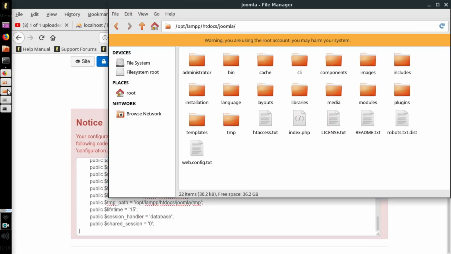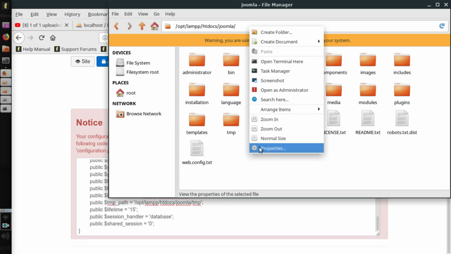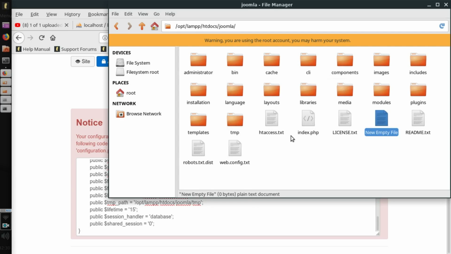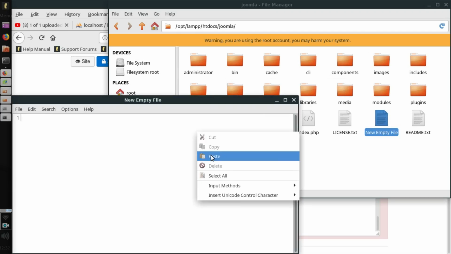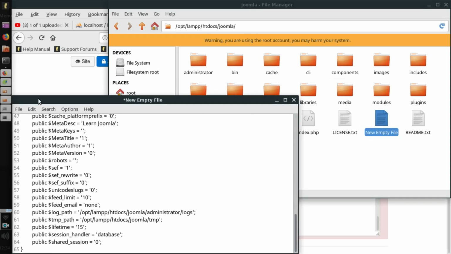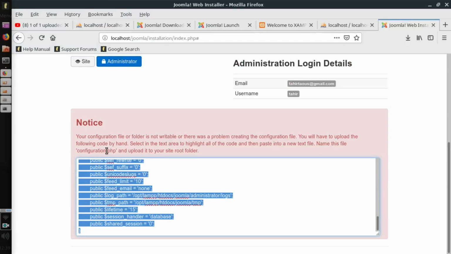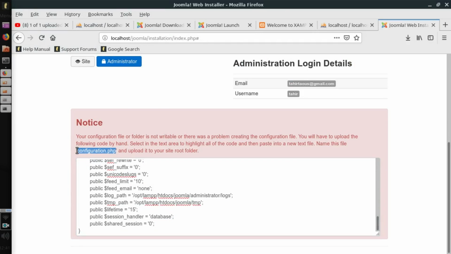So if we go to site root folder, create a new file and paste all this code here. Save these changes, and here you can see we need to name this file configuration.php.